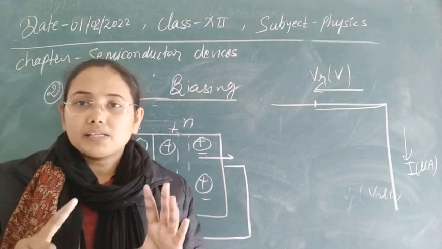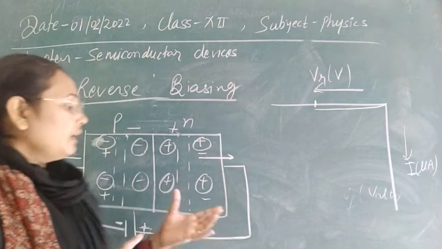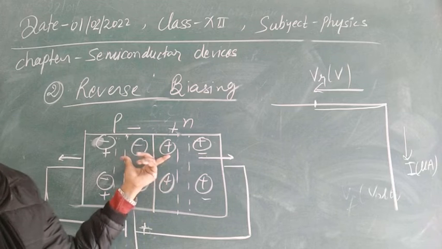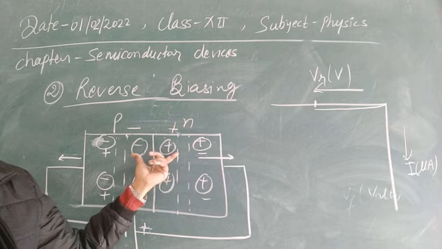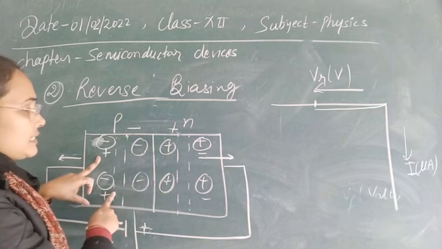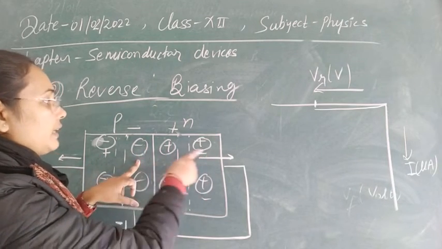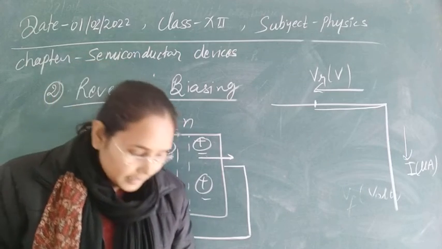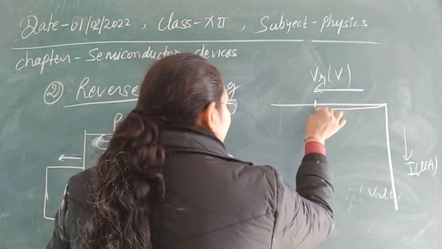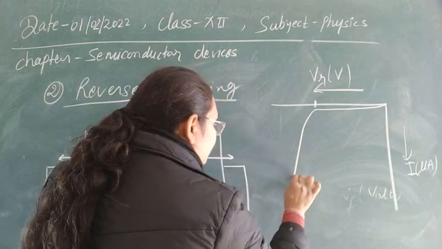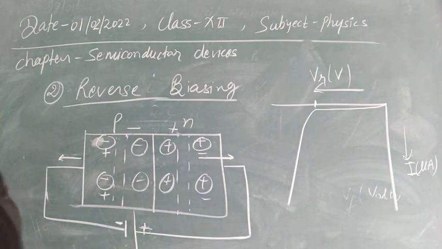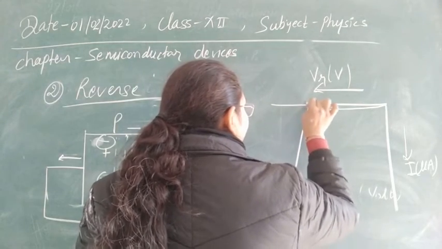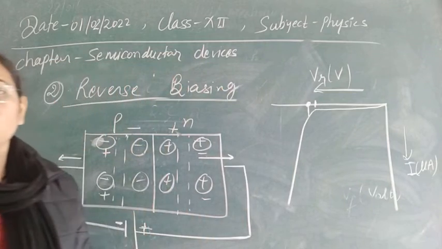So this is the sudden production of a large number of charge carriers, and due to that, even if we apply the opposite terminal here, it will not affect the production of electrons and holes, and that electron will fill up this vacancy very easily. Even the whole vacancy will be filled by these electrons easily, and suddenly a large current will start to flow inside the junction. And this large current, if you can see, gives this kind of graph. So this condition at which we get the sudden change in current, or the potential where we get the sudden change, that potential is now known as the breakdown potential.